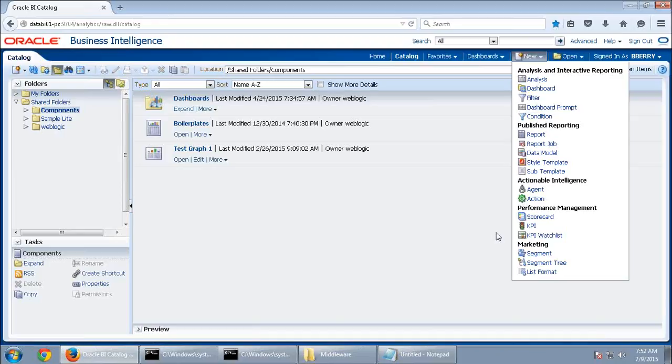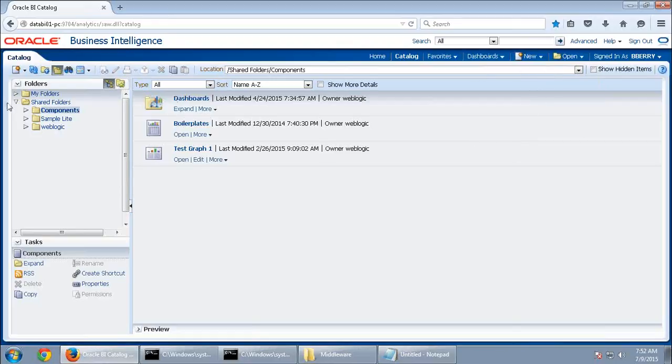Okay. Then just look into My Folders. We created a folder called my sales under My Folders of the WebLogic user, right. Is that folder available here under My Folders? That folder won't be available because the my sales folder, which is created under My Folders of the WebLogic user, is private to that user.